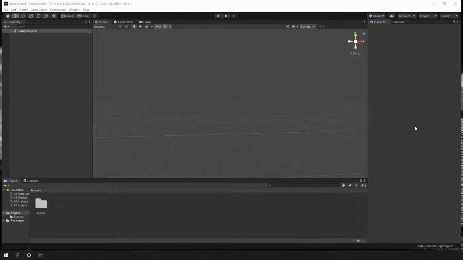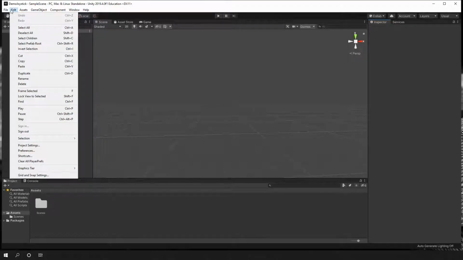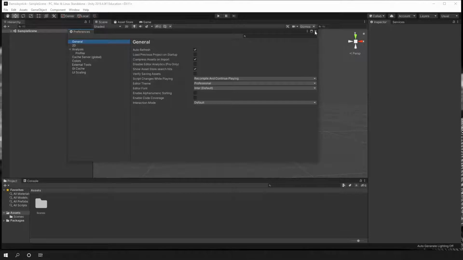Okay? So the first thing that we need to notice is where we have everything that we require to make it work. So if we go into Edit, you can see that we have different things like the project settings, preferences, among others. We go into preferences, you can see that we have the general and everything else.